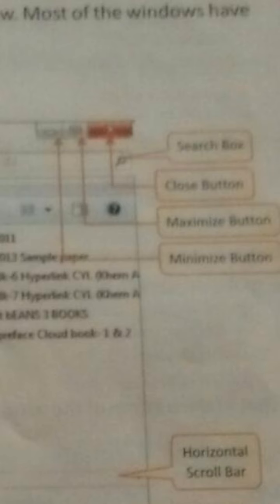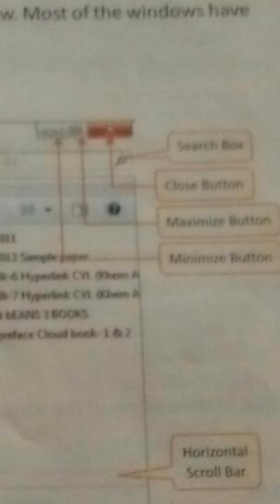And the first one is minimize. If you want to minimize, it means you want to view this application on the taskbar, because you want to work on it later. Presently you don't want to work on it and you want to work on another application.